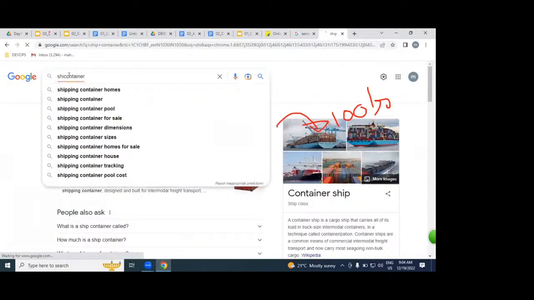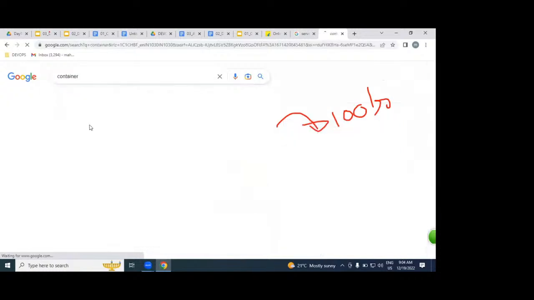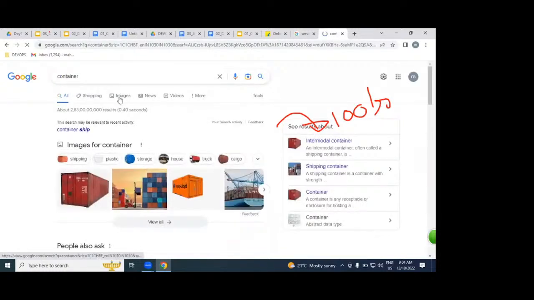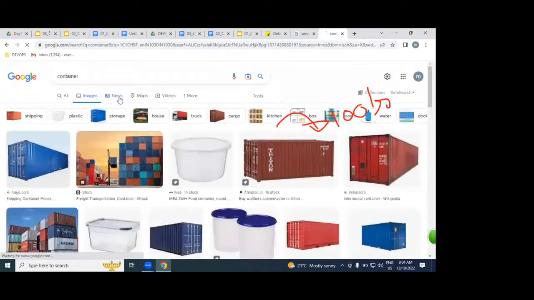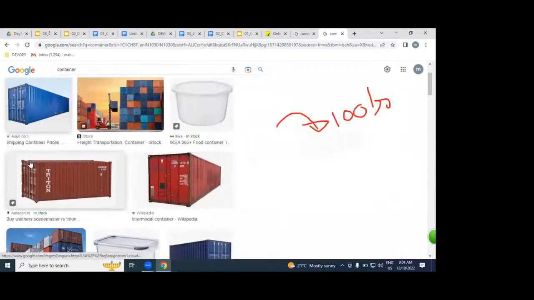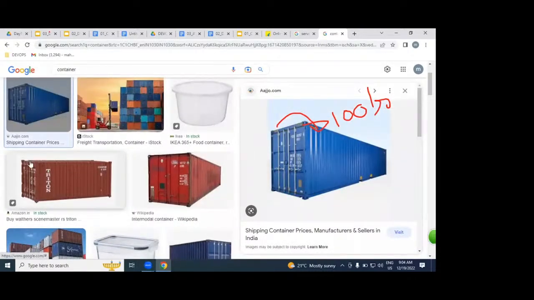So container. Have you seen this container in a lifetime? I think you would have seen this physically somewhere, on roads. You can see this type of containers. How exactly does this container work? The same for Docker containers also. By using this container, we can transport via sea. But by using our container, we can deploy our applications, means websites. That is the only difference. The same as it is, no difference.